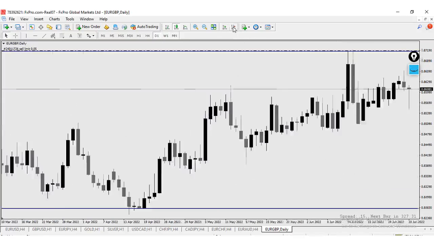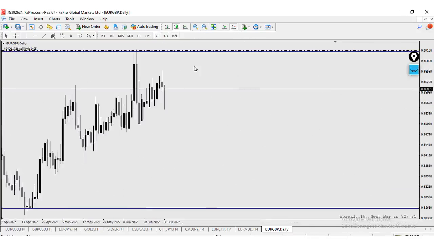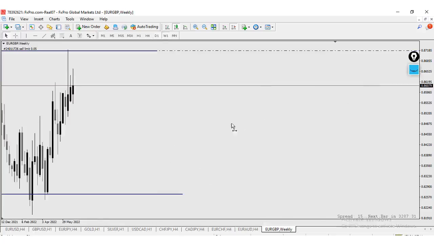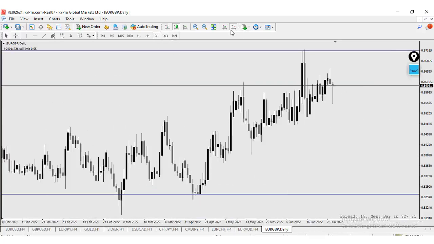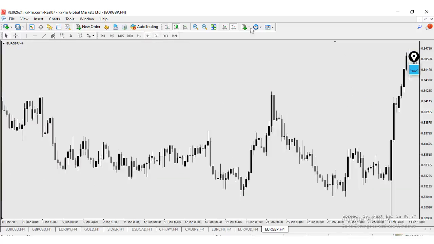That's what I'm saying. So when it comes to the weekly time frame, what do we see? Price is still pushing up. When you come to the daily time frame, what do you see? Price is still trying to push up. In fact, this is the previous high that was broken, and when this high was broken, price tried to come back down. It did come back down, picked up some liquidity, and what do you see? Price is trying to push back up, and that is exactly what it's doing.